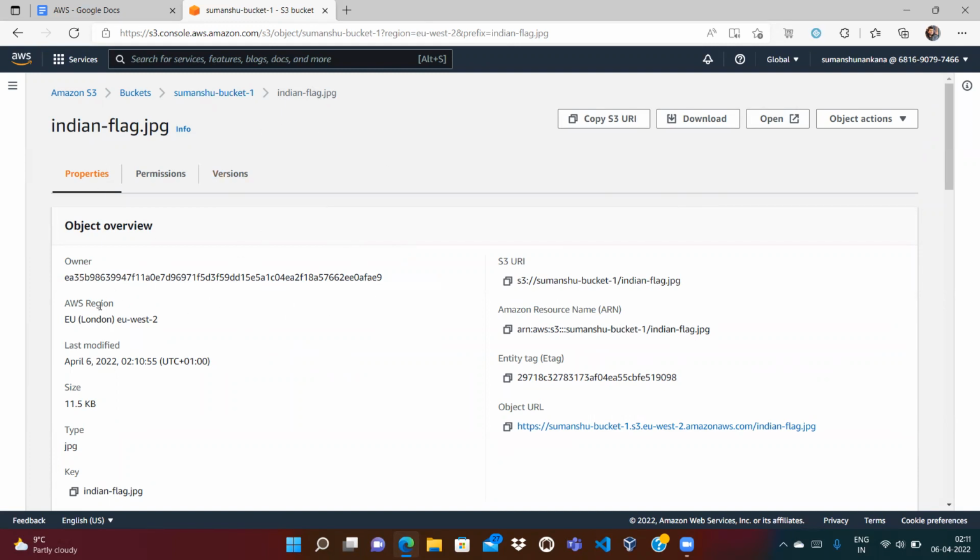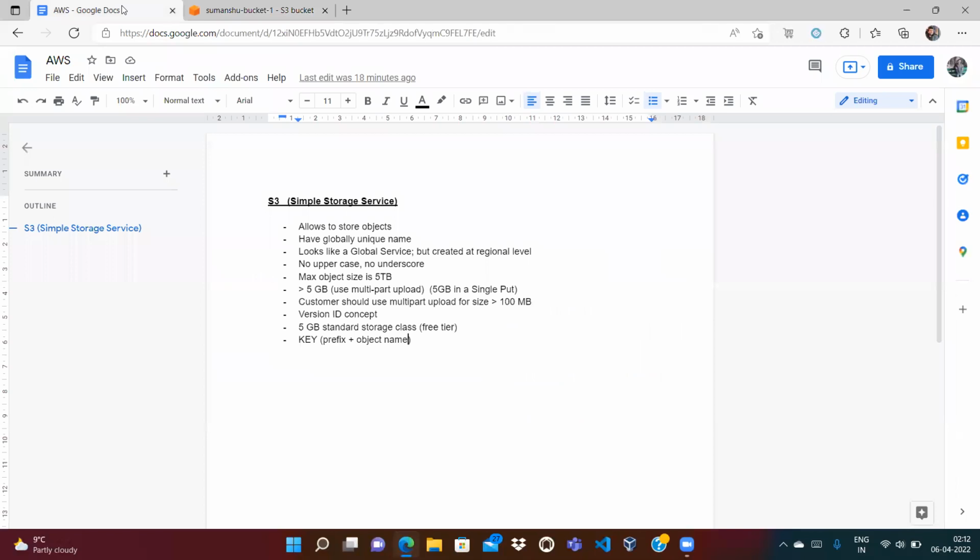Where we can see the owner, the region we have created the AWS S3 bucket in, last modified, size, type, key, and the URL, basically URI. So URI is like S3 colon, then bucket name, then slash, and then the key. Key is our file name. So basically, how does the key look like? Let's suppose,